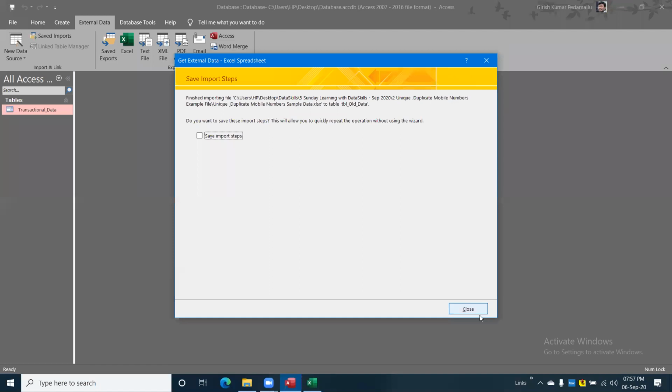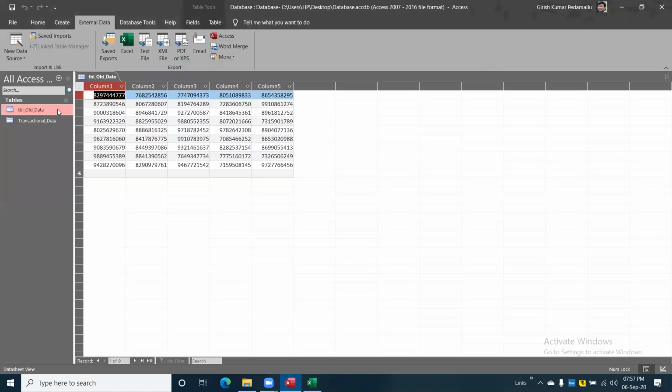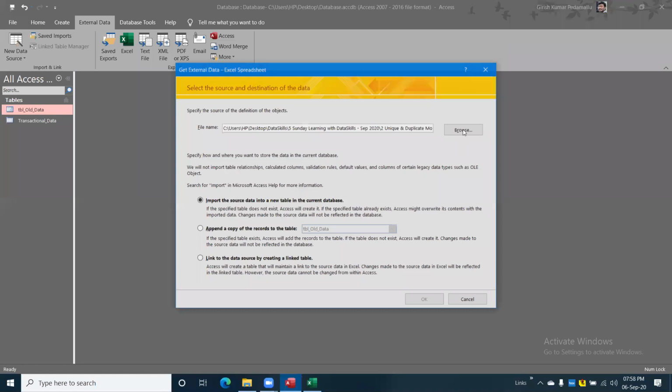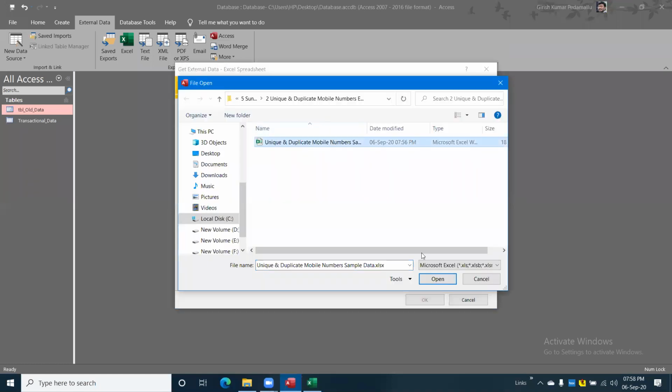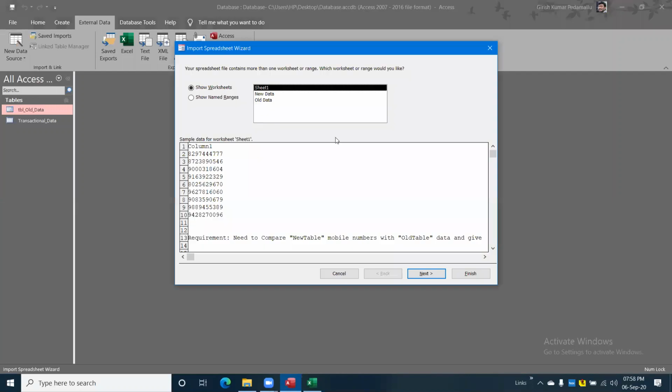Just close it. See, this table got created. I'm able to see the data over here. Like that, I need to do the same for the new data as well. New data source, from file, Excel. I'm going to select that Excel file. Click open. Import the source data into a new table. Click OK. Now I'm selecting the new data sheet.